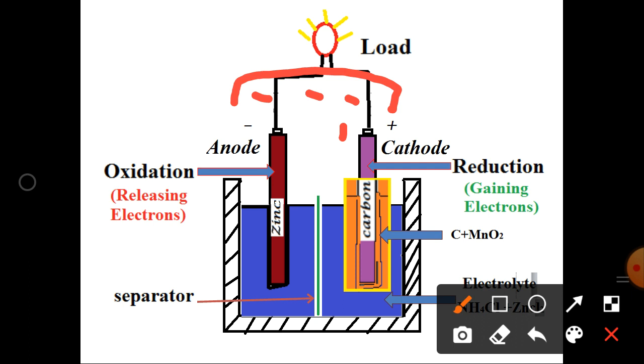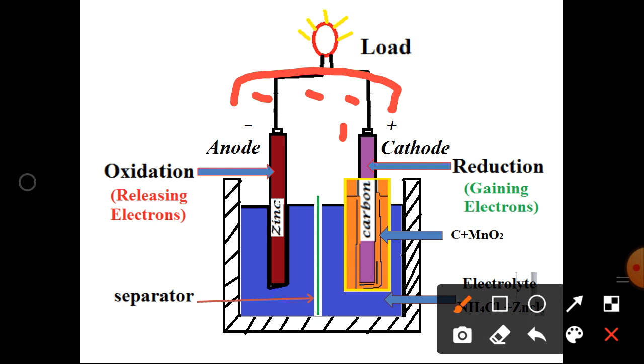In the wet Leclanché cell, they use a jelly form of ammonium chloride as the electrolyte, but in the dry cell, there is a powder form of ammonium chloride, manganese dioxide and carbon mixture. These are all used as the electrolyte. The dry cell battery is used to produce a potential difference of 1.5 volts, and it is used in torchlights, wall clocks and also transistors.